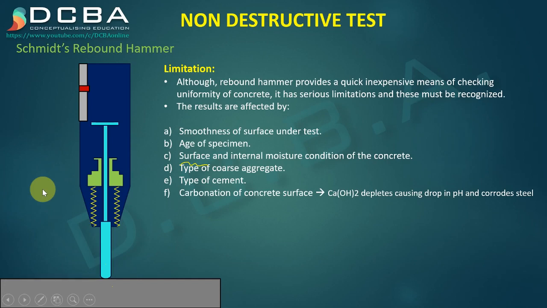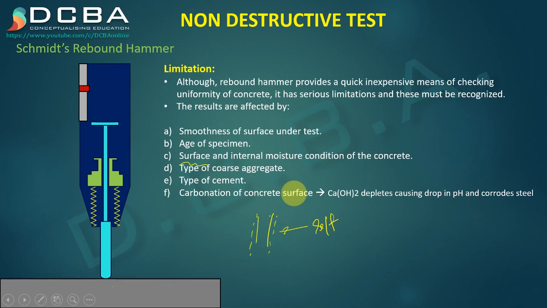When that calcium hydroxide gets depleted, the pH value decreases rapidly, and there is a passive layer of protection around your reinforcement. So if this is reinforcement, there is a passive layer of protection around it, and that layer of protection is good when the pH is high. But when the pH drops, for example in this case when calcium hydroxide, Ca(OH)2, is depleting and reducing the pH of the concrete, the reinforcement starts corroding and that passive layer goes away.